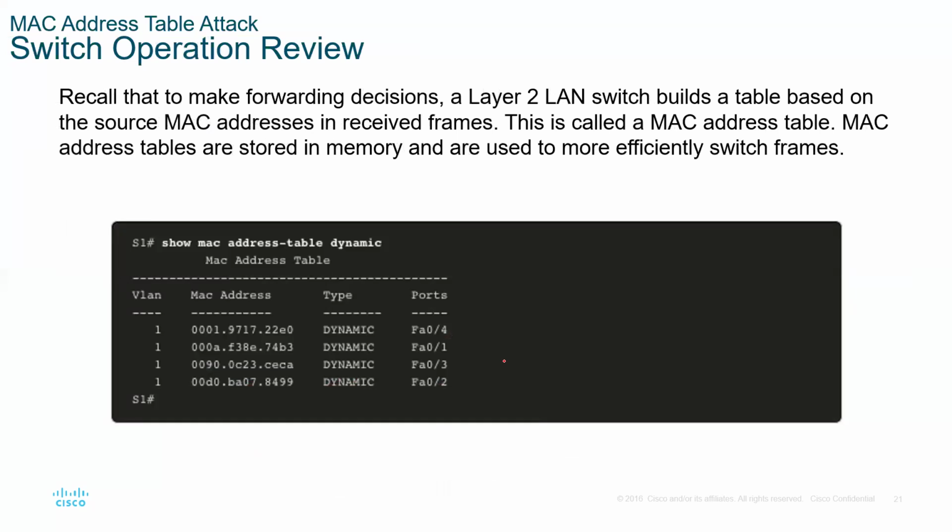Switch operation review. Here we get to look at how, to make forwarding decisions, a LAN switch builds a table. This is called the MAC address table. So here it's basically a review of how a switch works, because if you understand how a switch works, then, since layer 2 means we're talking of attacks via this device, the switch,